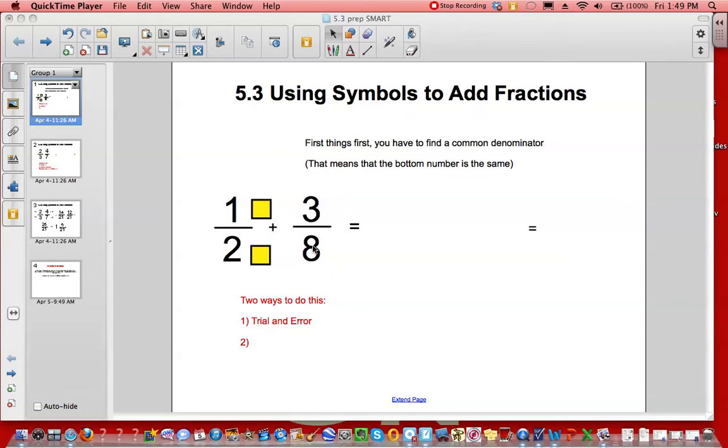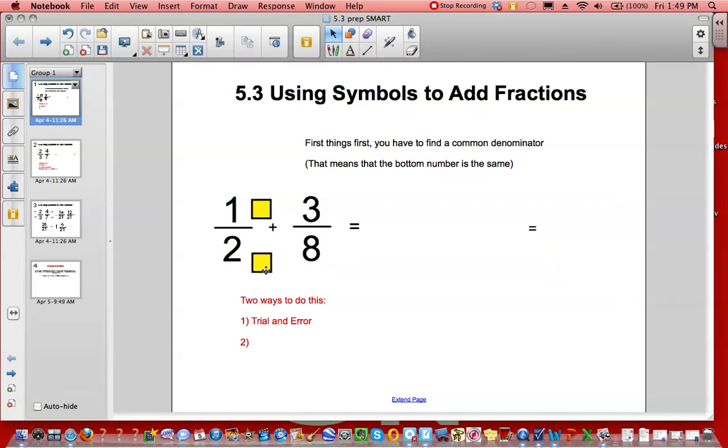This one's fairly straightforward because we know that 8 is an even number and that 2 goes into all even numbers. So we need to find a way to make 2 into 8. And the way to make 2 into 8 is to multiply by 4. 2 times 4 is 8. But what we do to the bottom, we have to do to the top, a lot like in algebra, what we do to one side of the equation, we have to do to the other. To make our fraction equivalent to 1/2, if we multiply the bottom by 4, we have to multiply the top by 4 as well, which will give us a new fraction,